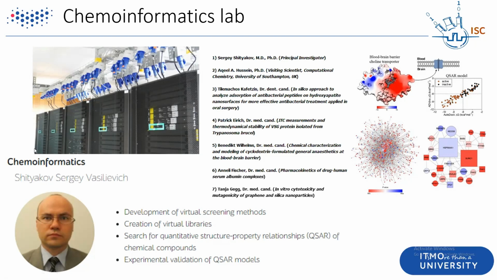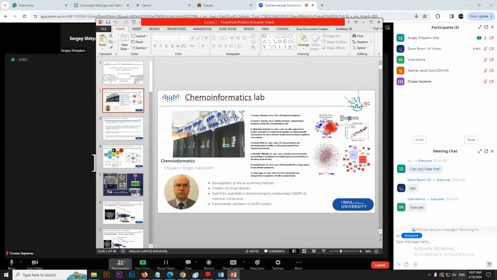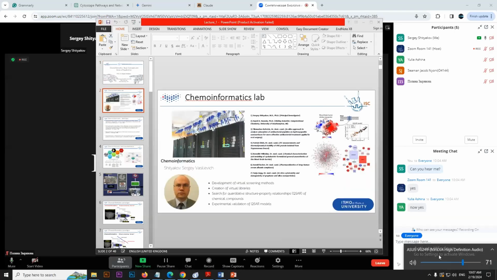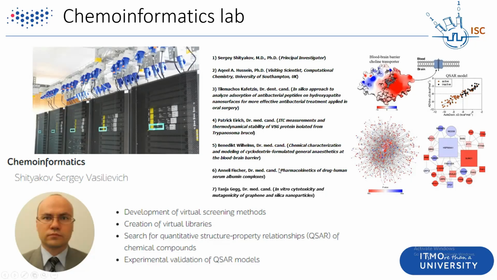It's called Julia. And right now we also have a small cluster where we can run some simulations, and you can use it too. Those of you who are interested in doing some projects in chemoinformatics, we can also set up